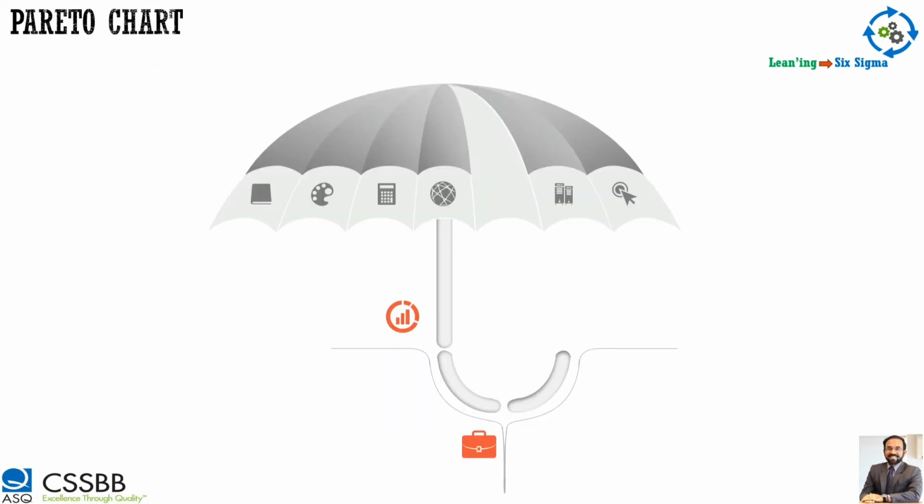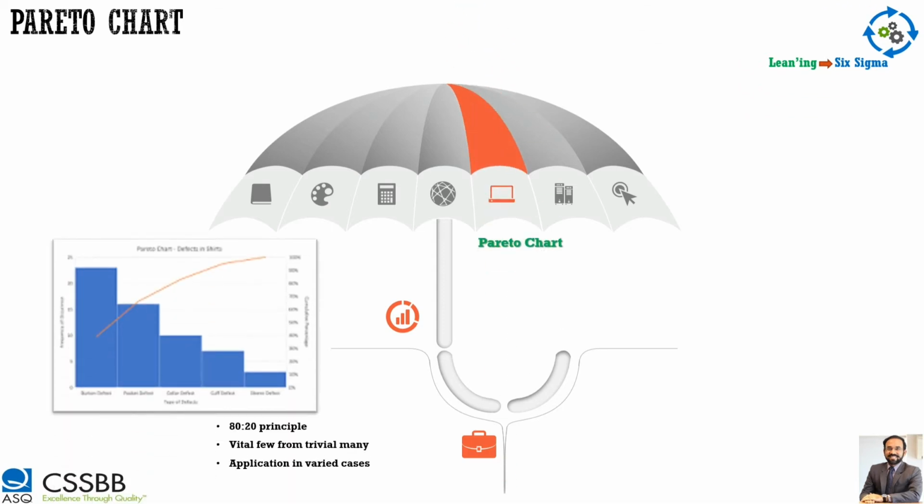This is an excellent chart, the Pareto chart, the 80-20 principle. In life, we always encounter that there are few things which influence the outcome. If you take a business case where few customers give you a lot of business, or few customers complain about a lot of issues, or few factors influence the outcome of a process, there are always a few which impact most. When we find that few, let's say 20%, it need not be 20, it can be 15, 18, or 25, a handful of few impacting the most. So Pareto helps you bring that out visually as well as conceptually.